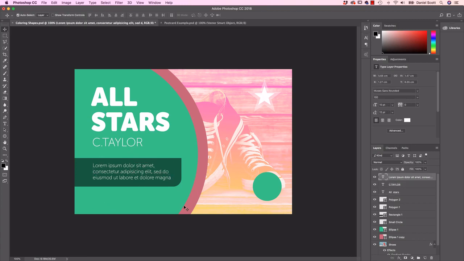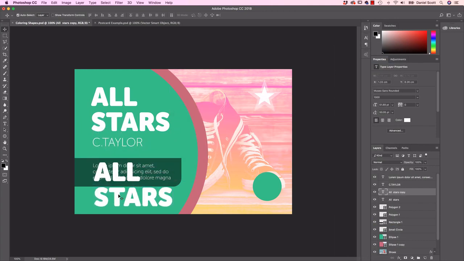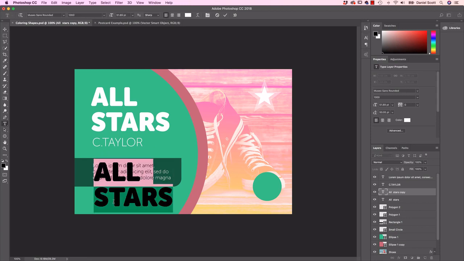You can keep typing it out. Often a nice little trick is this all stars layer here. I'm going to right click it and duplicate it. Should give it a name. I'm not going to, I'm just going to drag it down because what I want to do is grab my type tool. I'm going to put in a web address. So this one's going to be